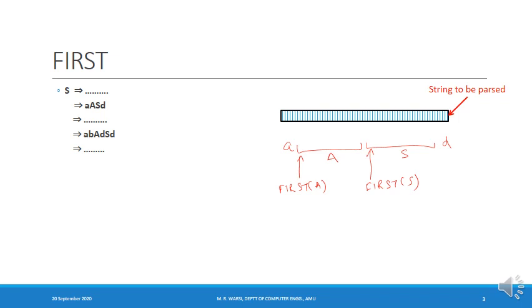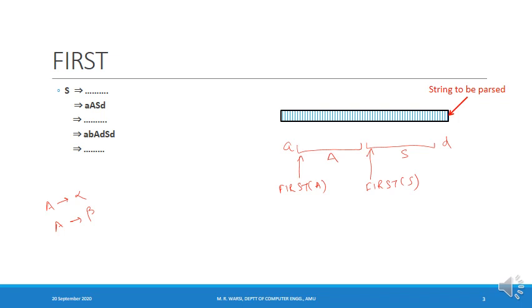Now, the parser is doing the top-down parsing, and in the top-down parsing there is a leftmost derivation taking place. So let's say the parser has reached this step of the derivation, and in this step the leftmost variable is capital A. So in order to go to the next step of the derivation, capital A has to be expanded. And let us assume that from capital A I have two productions: capital A derives alpha, and another production is capital A derives beta.